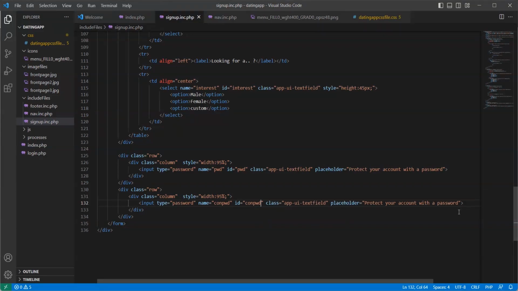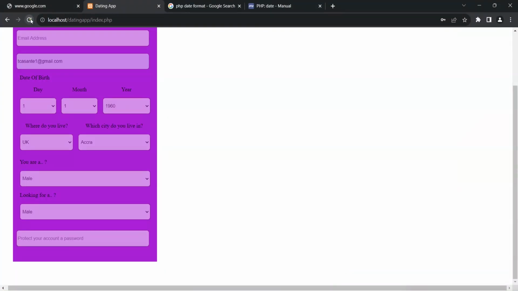The placeholder: confirm your password, or also let's say retype your password. Retype your password. And then you save it and you go back to our page, reload,